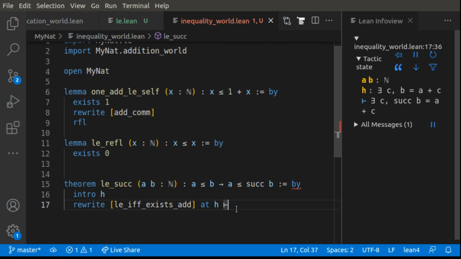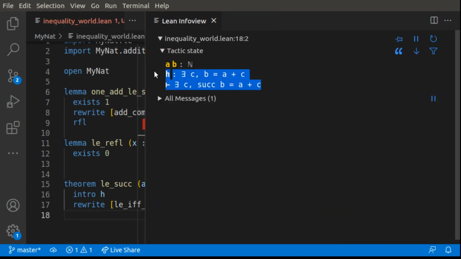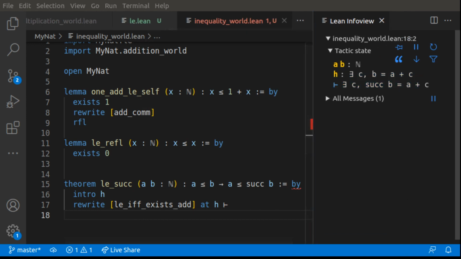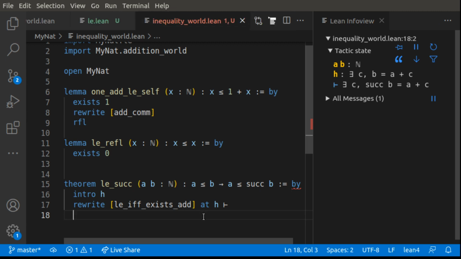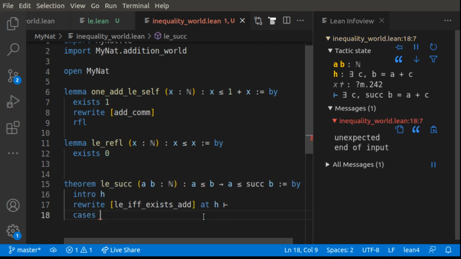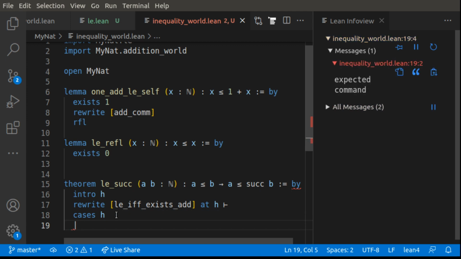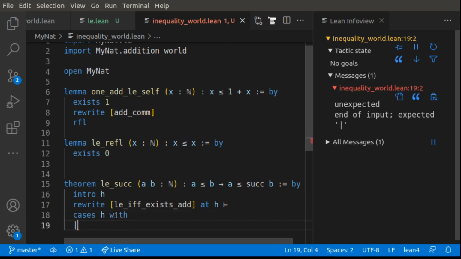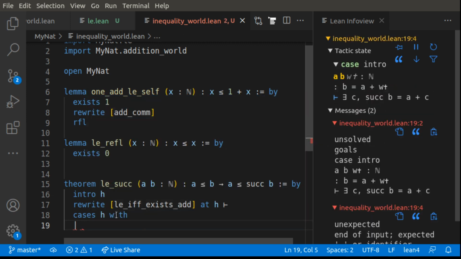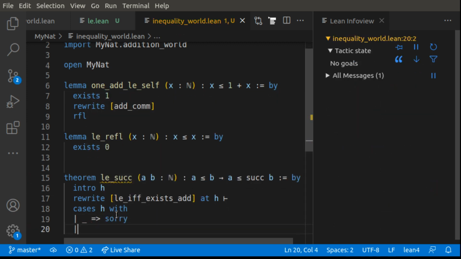Well, if we get the C, then successor of C should be the second C, like C plus 1. Can we get this C from H somehow? Let's see what we can do. Because we can do some cases. Cases H, C, cases H, and then with, sorry,